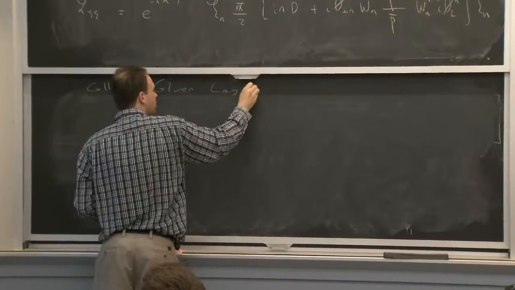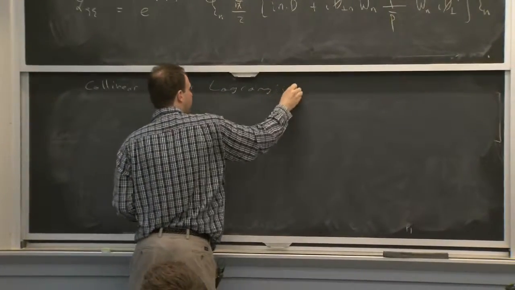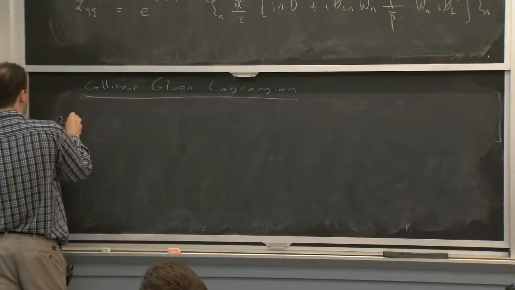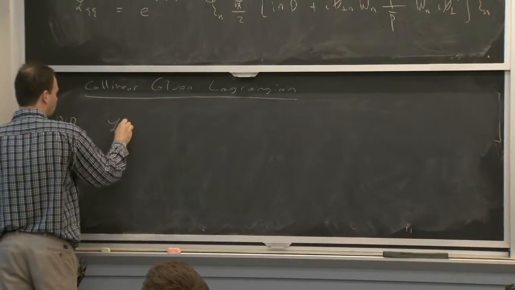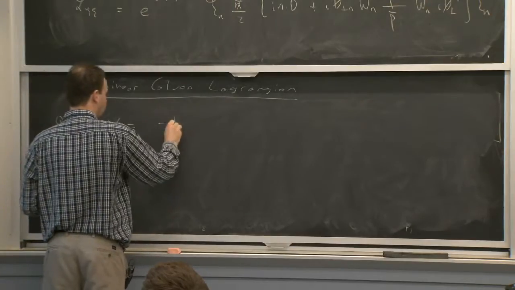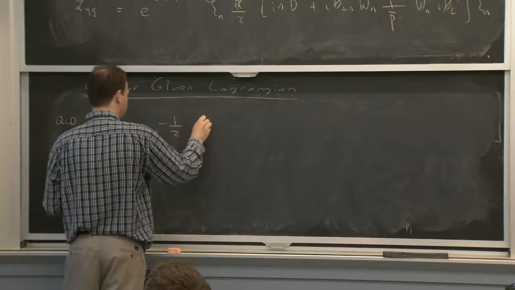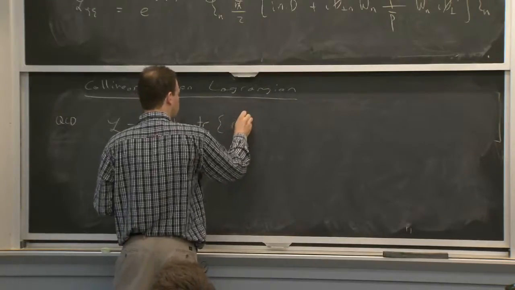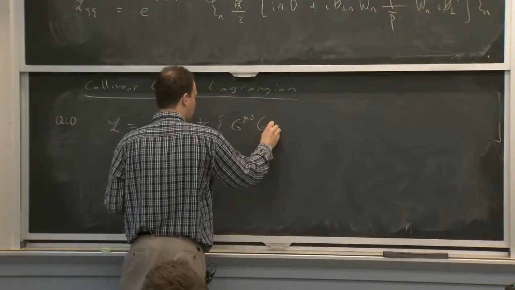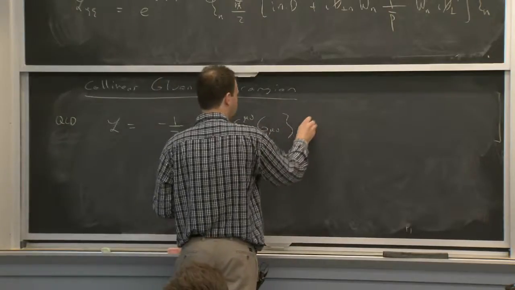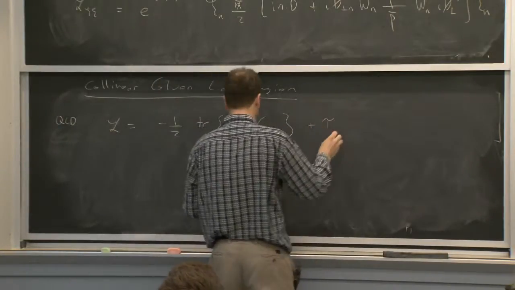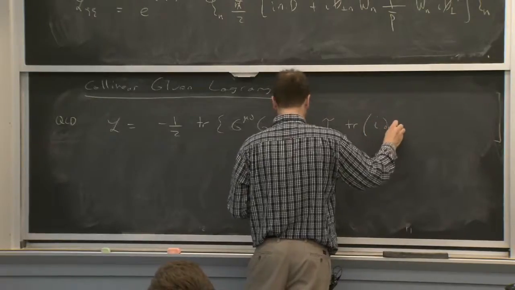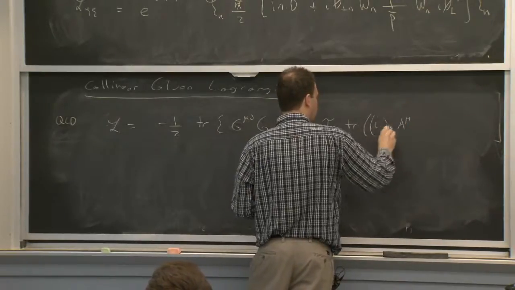We have to do this story for the collinear gluon Lagrangian. And much of this is just repeating what we've said for the quarks, for the gluons. And once we know how to write down the covariant derivatives, then it's actually not so complicated. And there's just one little complication that we should be careful about, which I want to emphasize to you. And so we'll go through it.